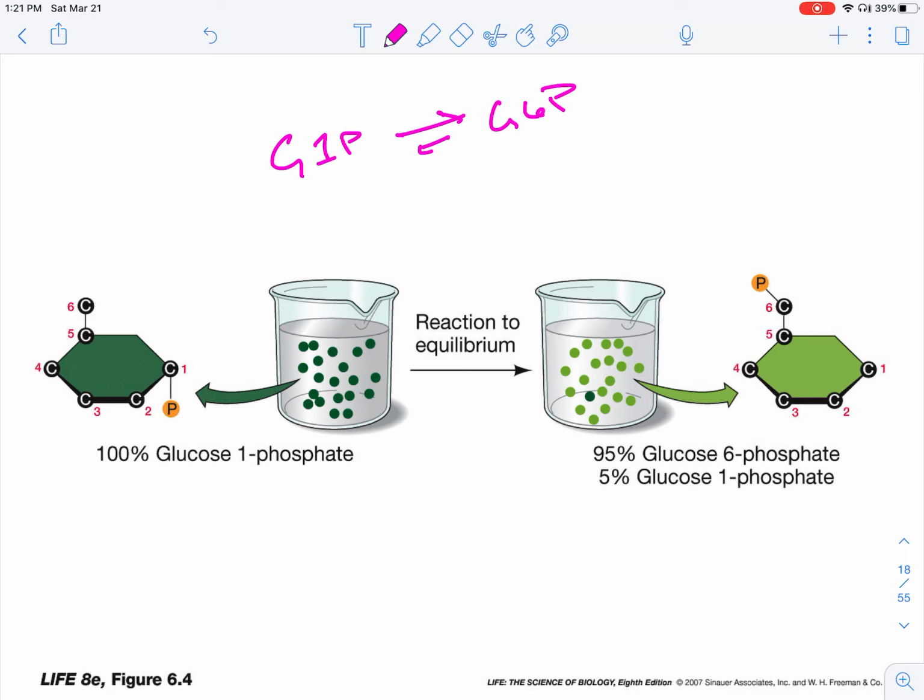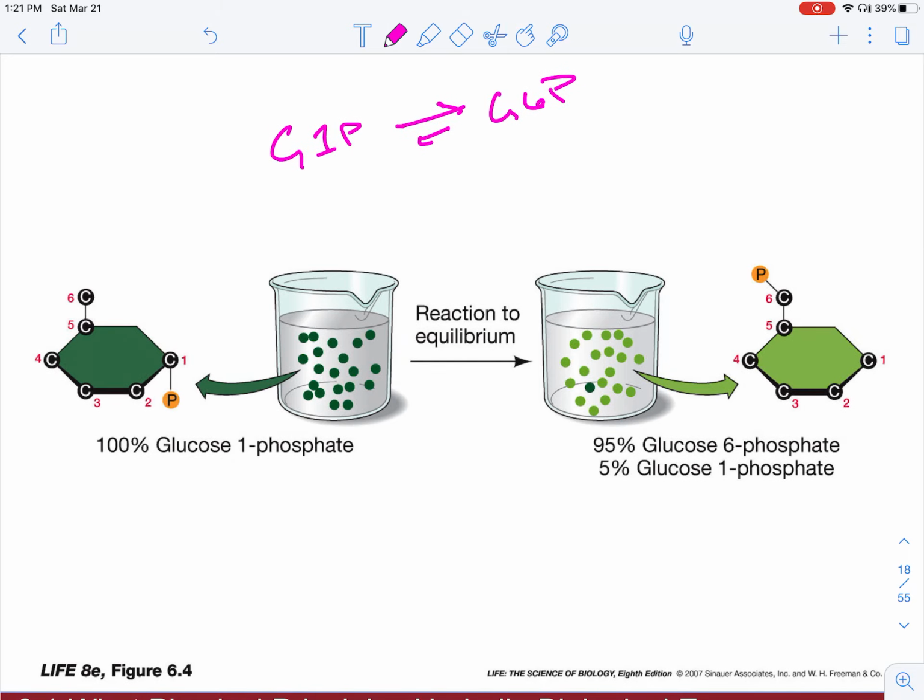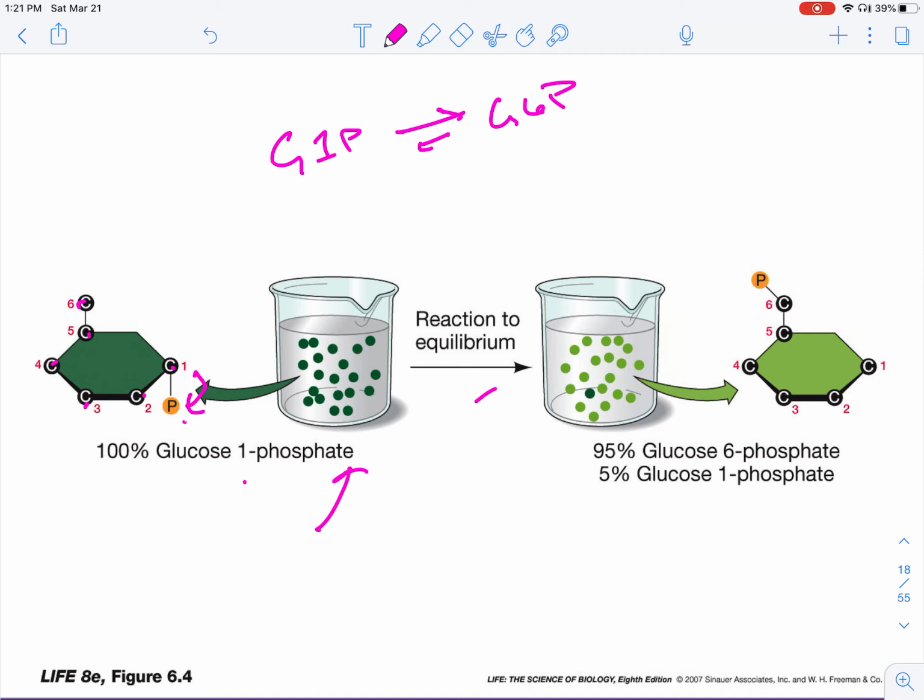If we went to chemistry and asked the curator there to give us a vial of 100% glucose 1 phosphate, and this is just for our chemistry nerds, glucose is 1, 2, 3, 4, 5, 6 carbons, and glucose 1 phosphate has a phosphate on carbon number 1, right? Now, if we just left this beaker out, covered, for a week or something like that, and let it go to equilibrium, when we returned, we would find that the